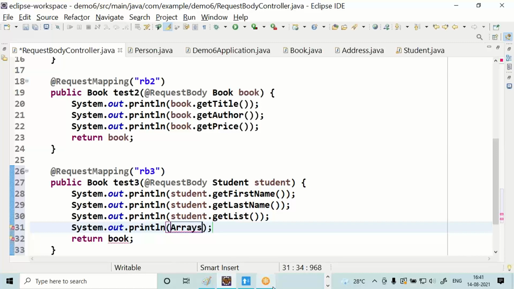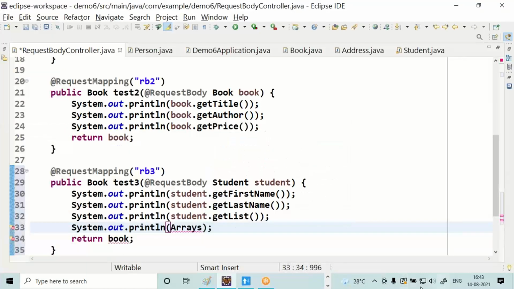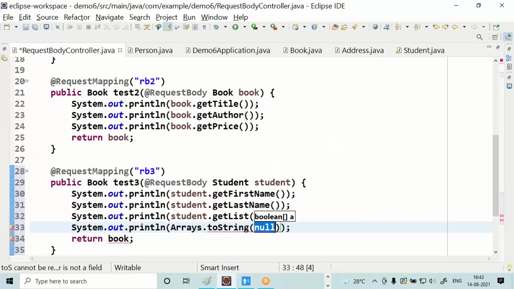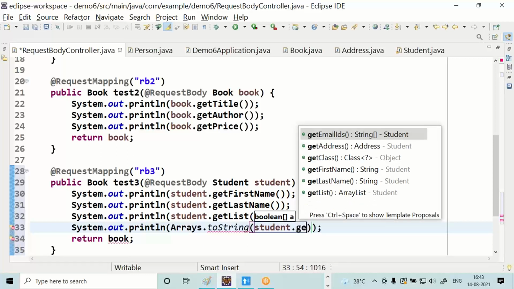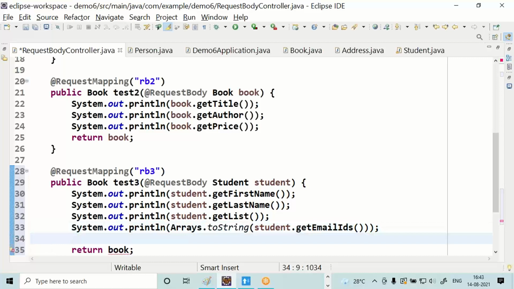Try importing Arrays. Control spacebar Arrays. There is a class with the name Arrays. You need to import this in order to print the content of the string array. Get email IDs, I'm printing like this.